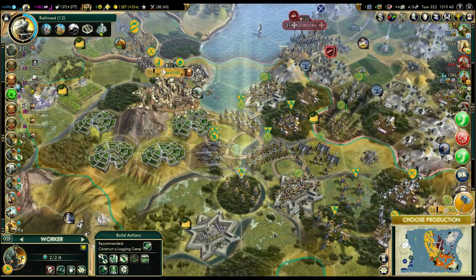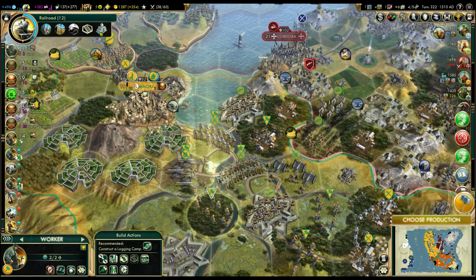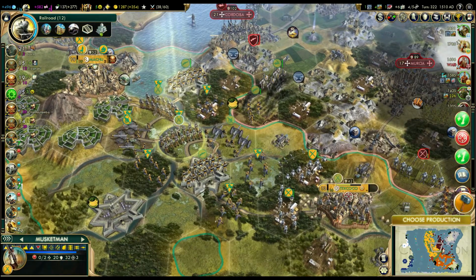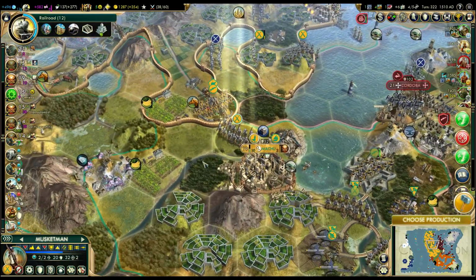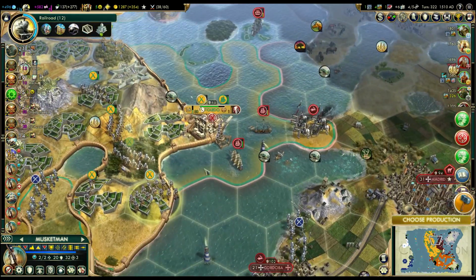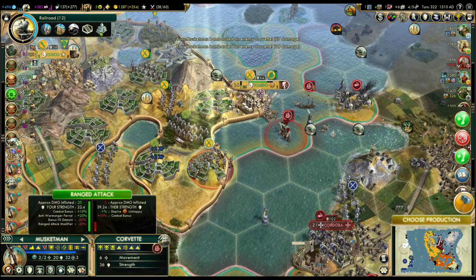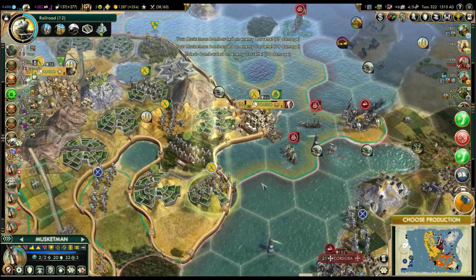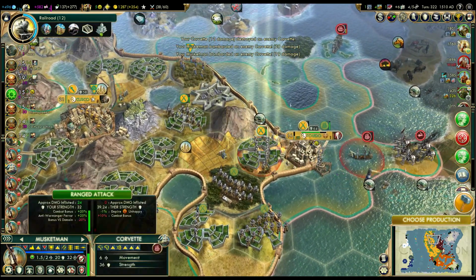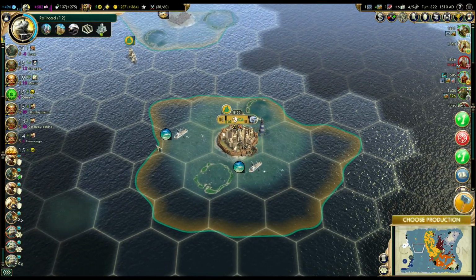Good. Wait. Let's try to get rid of both these ships. I think if I use the city bombardment, I should have enough damage to get a kill this way. So that the musketman can keep healing. Could also use some heals. Or...